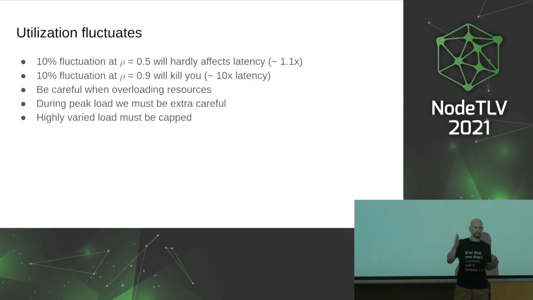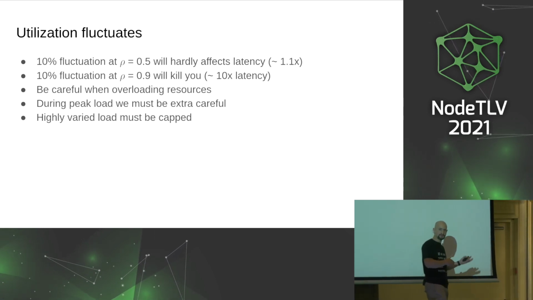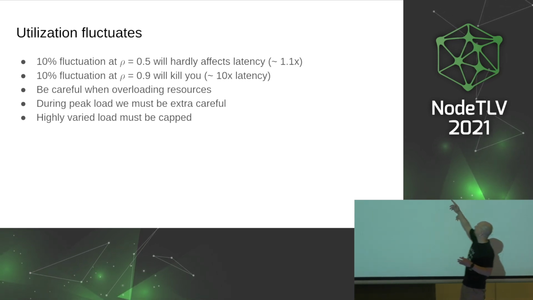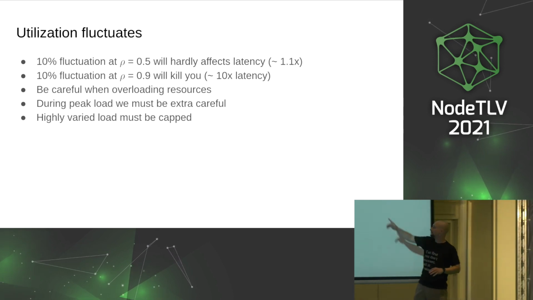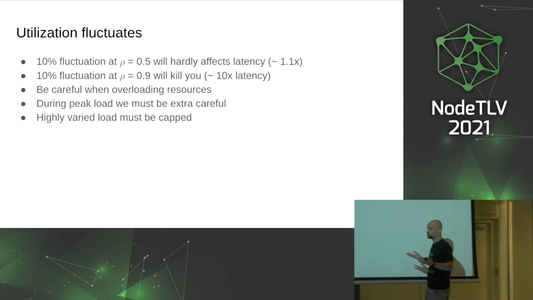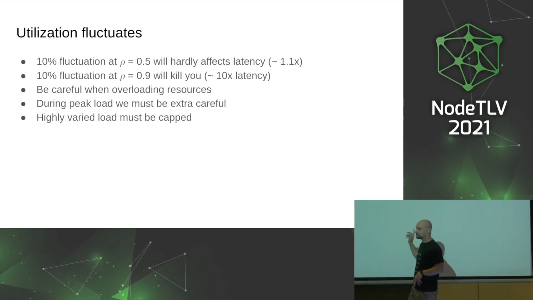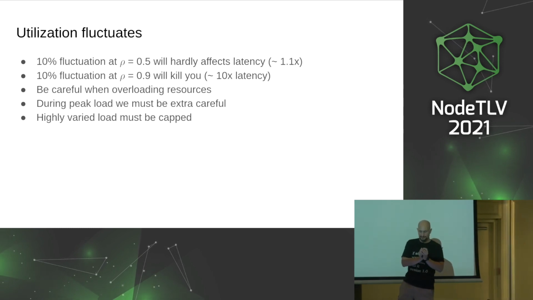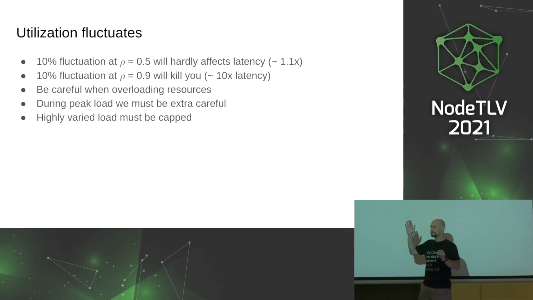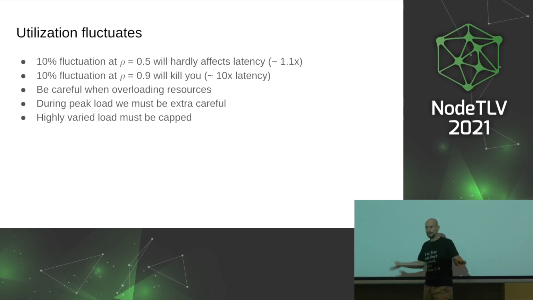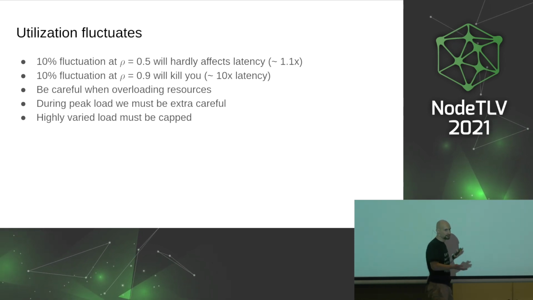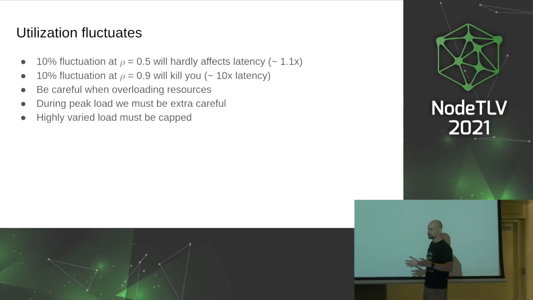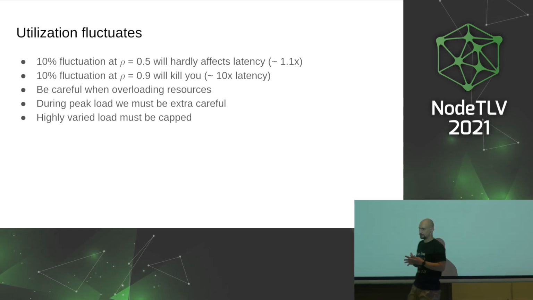So remember that utilization also fluctuates, which is another big problem. We said before that if you run systems close to the edge, let's say that you have 10 times the latency amplification. At 50% utilization, a 10% change in utilization is only going to take you from 0.5 to 0.55, which means that latency will rise by about 10%, which is not much. But if you're running at 90% utilization, and utilization fluctuates by 10%, it's going to take you to 0.99, which basically means you're going to rise from 10x the amount of latency to 100x, which is basically an outage.